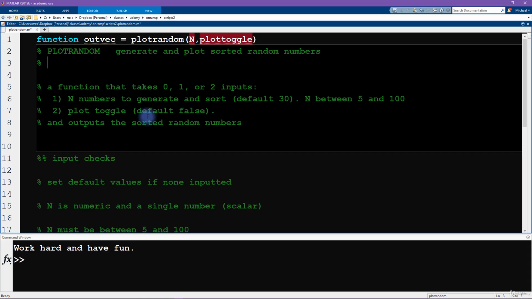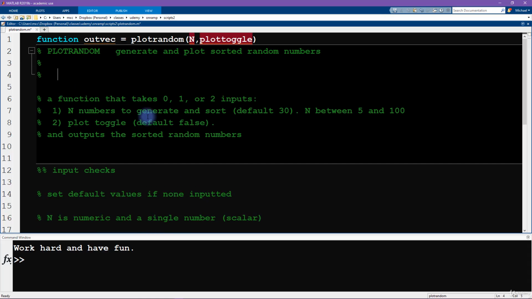When you type help and then the name of a function in MATLAB, you will often find that the first line of the help file is the function name in all caps and a very brief description of what that function does. Okay, and then a slightly larger description, so it's going to be outvec equals plotrandom